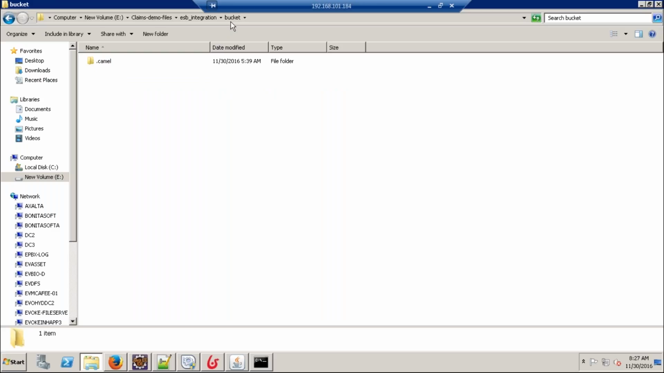So I hope everybody is seeing my screen. I'll continue with the demonstration. This is the source location where Apache Camel has been configured to pick up the file whenever it sees a file in the source location. I'm going to drop a new claim request document which will be picked up by the Apache Camel component,